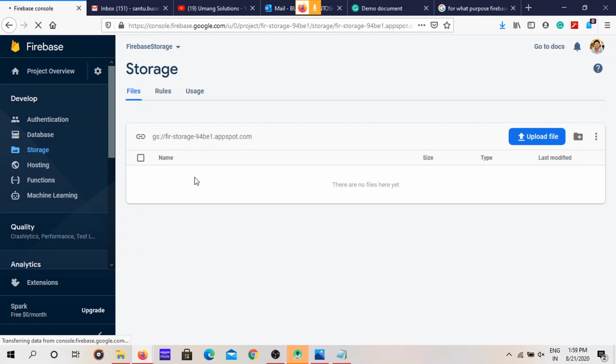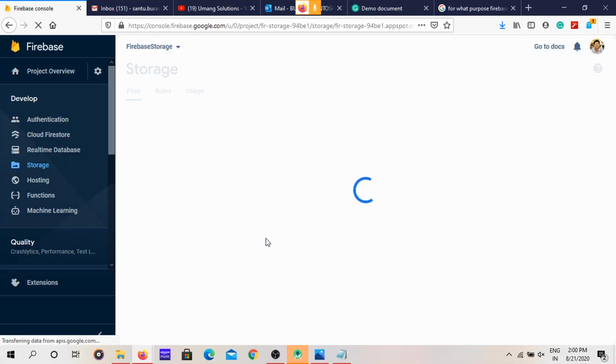Now we will get the folder called My Photos here, and you can also see with what name we are going to store this image in this storage service. We are also going to see the name of the file and the type of that file.